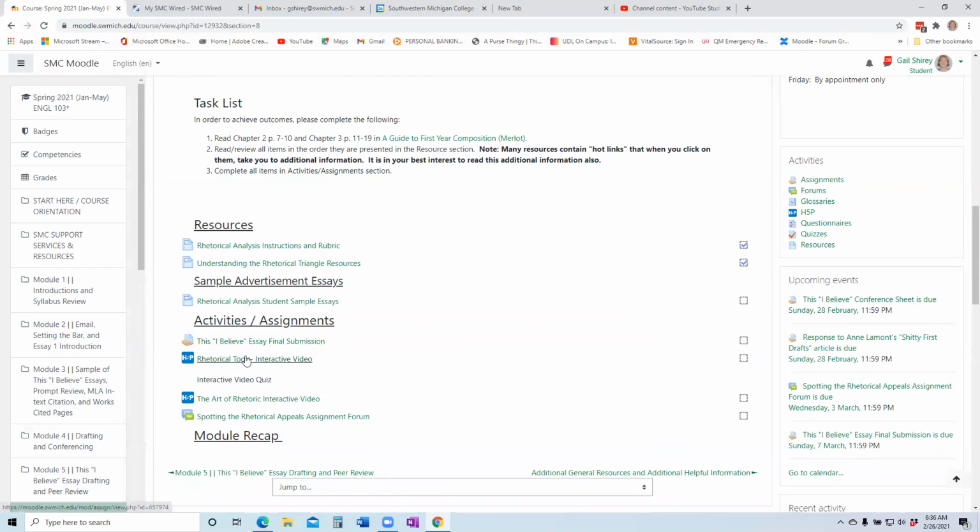So we have 1, 2, 3, 4 items that are due this week. This one hopefully is a very quick one, just your final submission. Again, these are not difficult and they are really not that long. So I'm hoping they won't take you too much time. I will go in and look at this. So hopefully by the time you are watching this video, whatever issue was going on with it has been addressed.